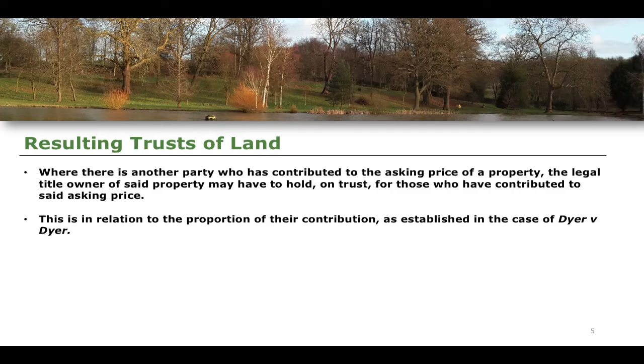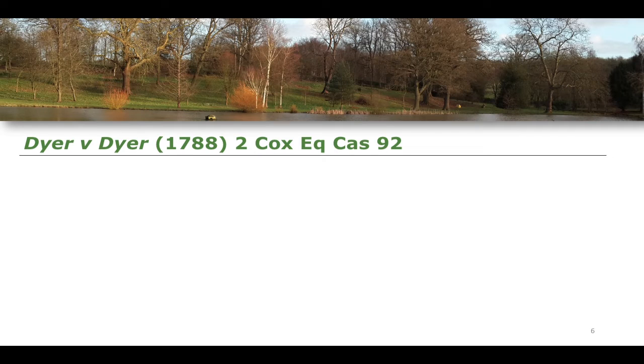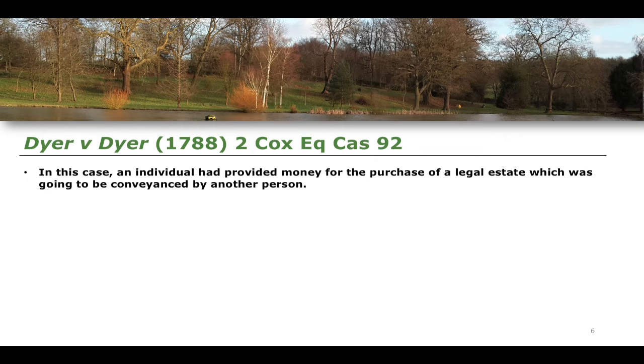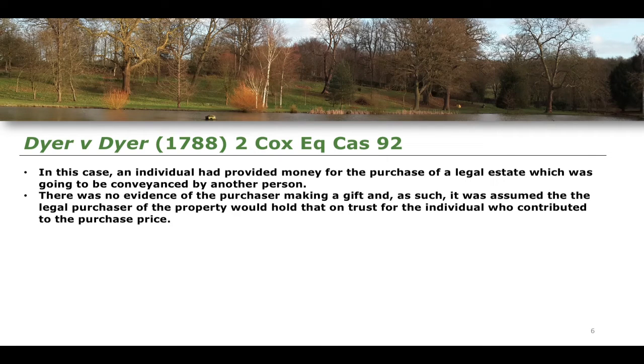We see this in the case of Dyer and Dyer from 1788. Okay? This is a very old case, as you can tell. In this case, an individual had provided money for the purchase of a legal estate, which was going to be conveyanced by another person. So, a very simple transaction. There was no evidence of the purchaser making a gift, and as such, it was assumed that the legal purchaser of the property would be holding that on trust for the individual who contributed to the asking price,